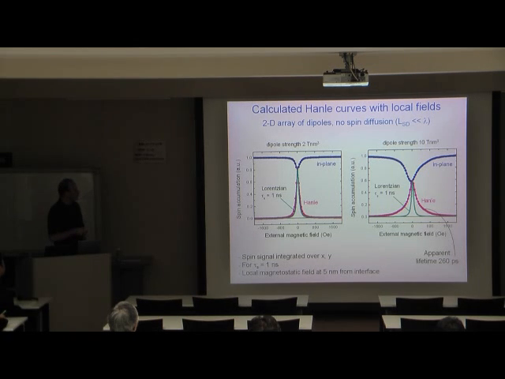But maybe the most important thing is that these calculations were done with a spin lifetime of 1 nanosecond. And yet the Hanle signal that you observe in this case is much broader than what you would expect for a Lorentzian with 1 nanosecond. That means that this mechanism leads to an apparent increase of the spin lifetime. And that's also the reason why I included a larger than sign in the beginning of my talk.